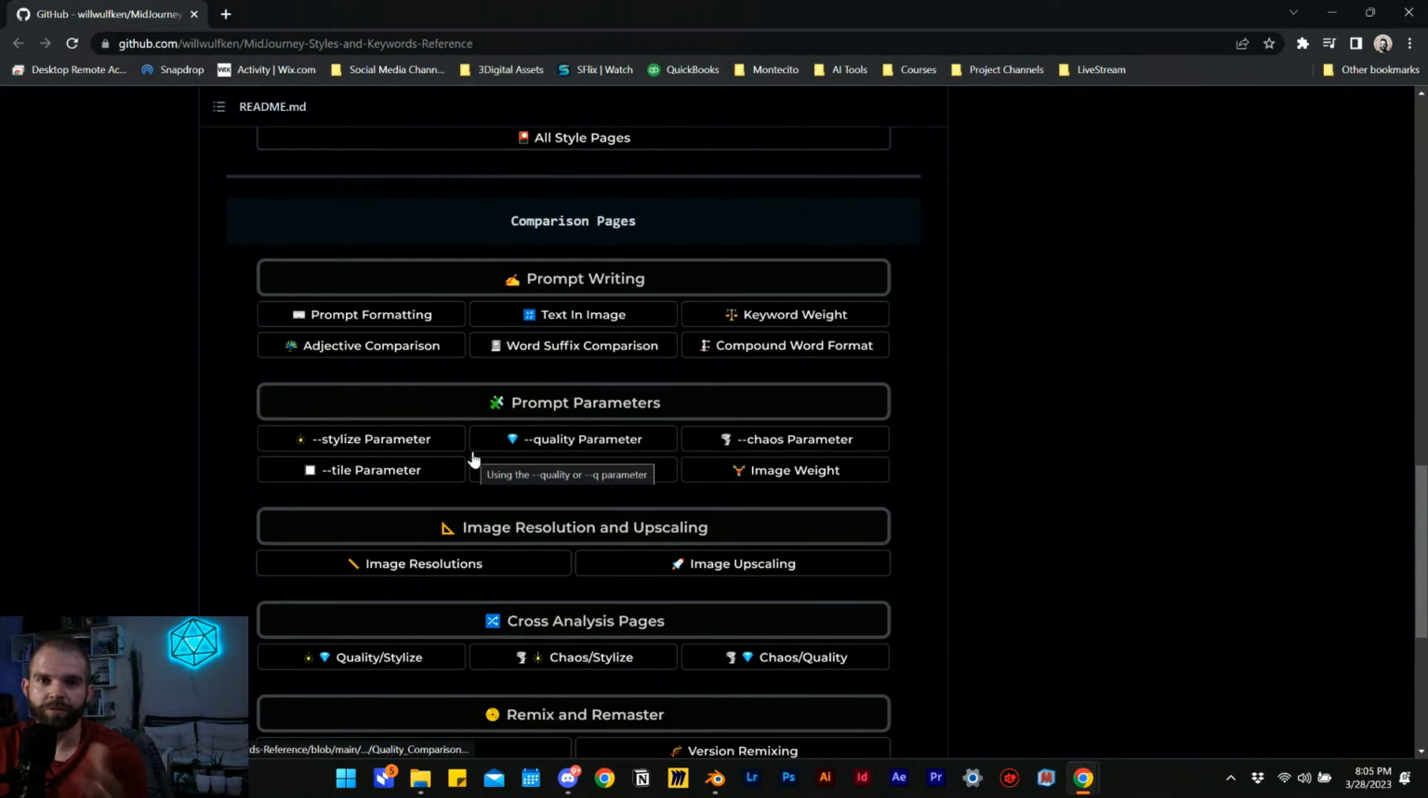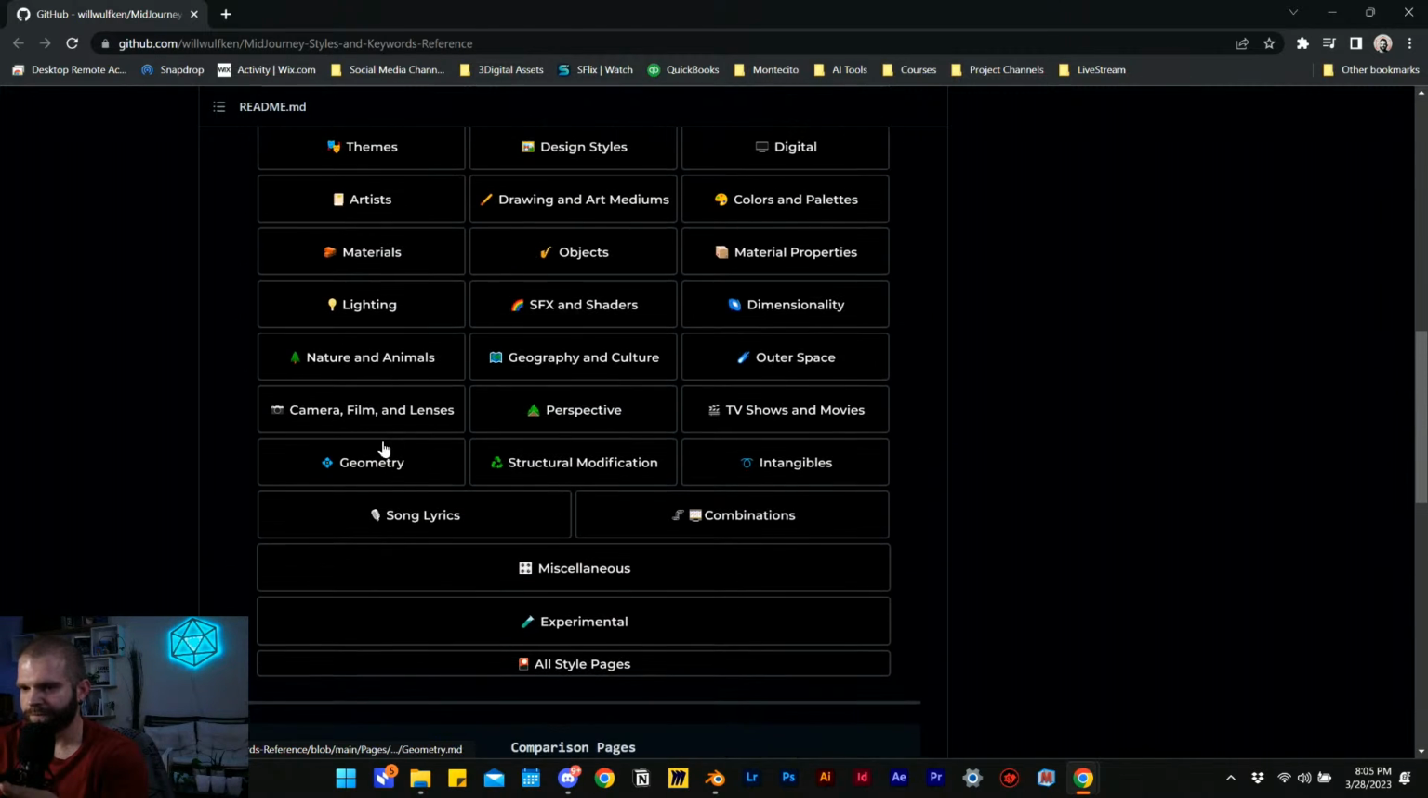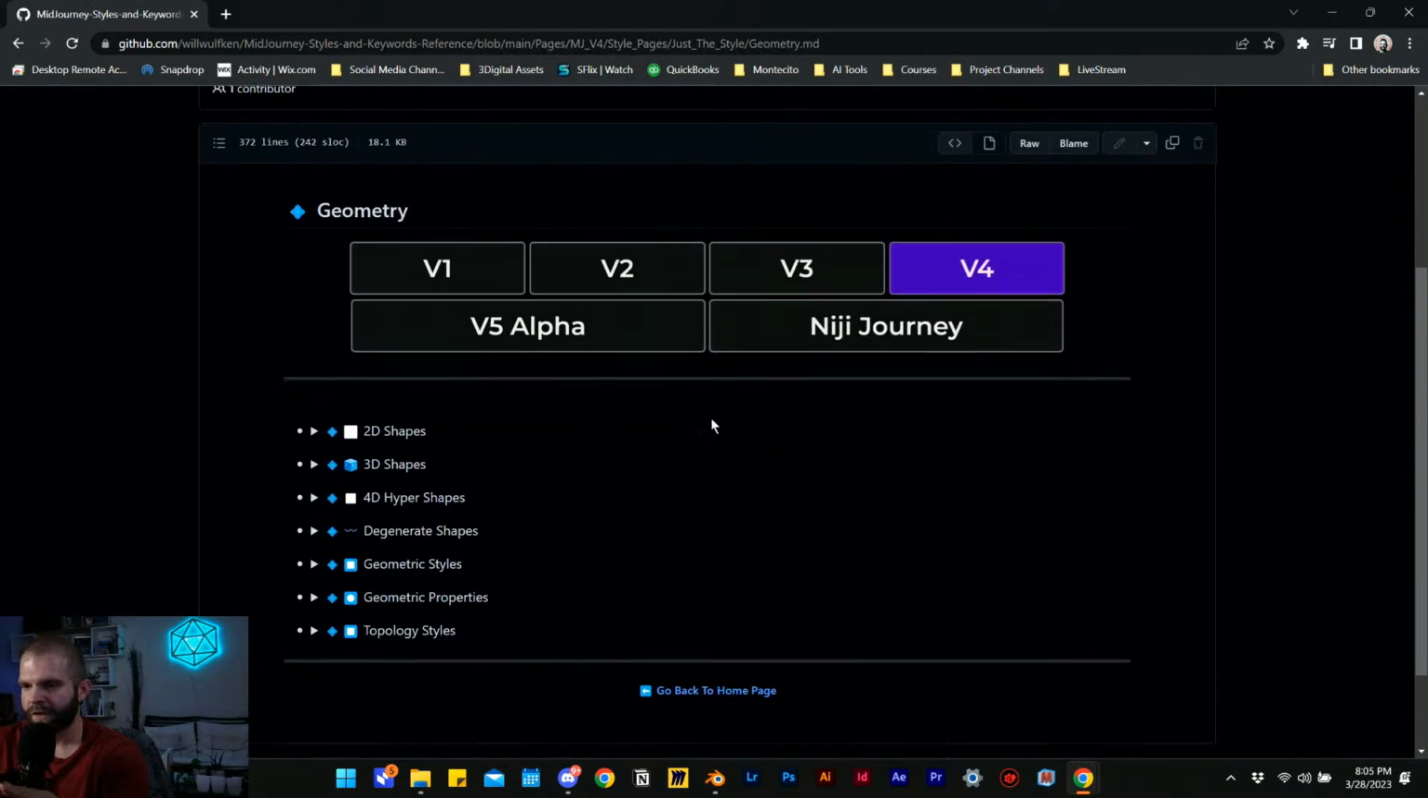And beyond what Midjourney provides in their guides, you can actually see, for example, if we were to go into, let's go into geometry. So we could see under Midjourney version 4,